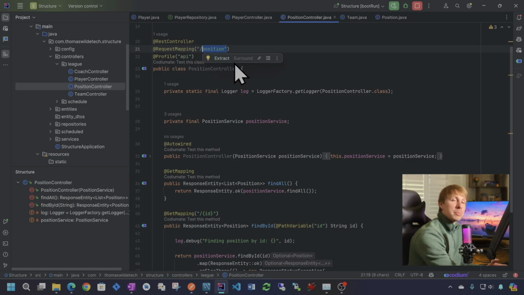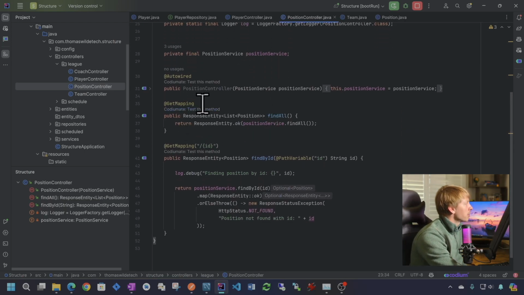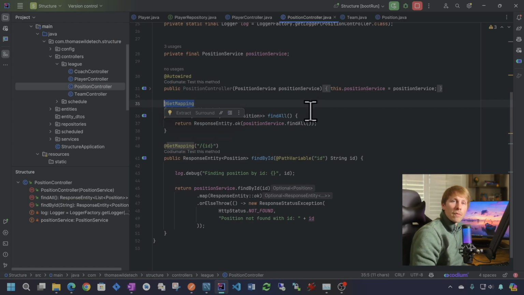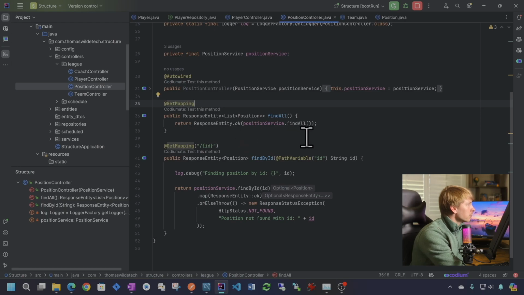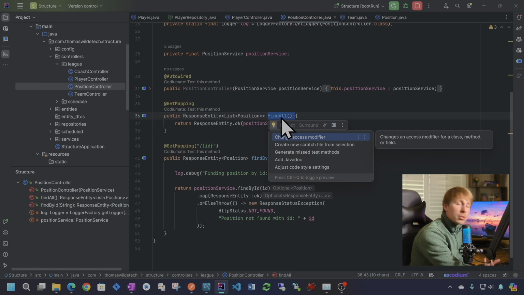So any request that comes in to our URL with the /position is going to be routed here to the position controller. Now I can have methods that I can annotate for different HTTP requests. So I can have a get mapping, obviously, and I can have all of our other methods, post, put, patch, delete. In this case, I'm just going to show off the get mapping because it's quite simple. So we have a find all method. I'm just calling it find all. It could be called anything, but